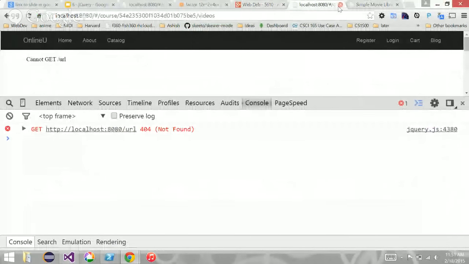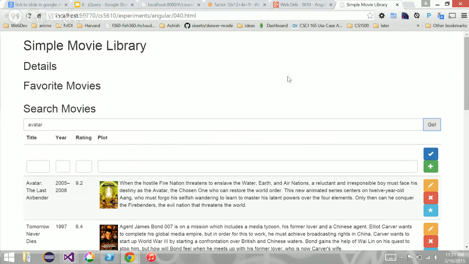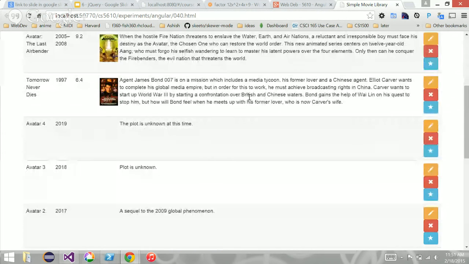application that would allow us to search for movies, right? We're looking at how to implement this in Angular. We looked at how to do it in jQuery, where we were able to search for movies using the IMDb database web service, and we would get the results down at the bottom, right? And